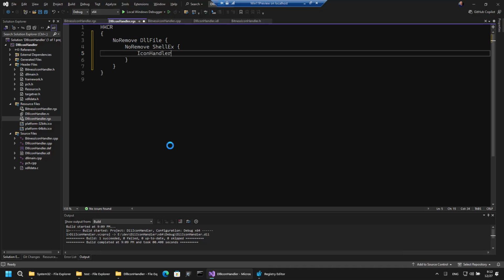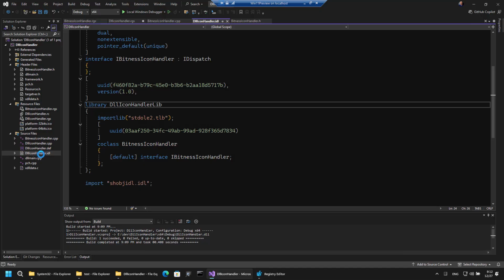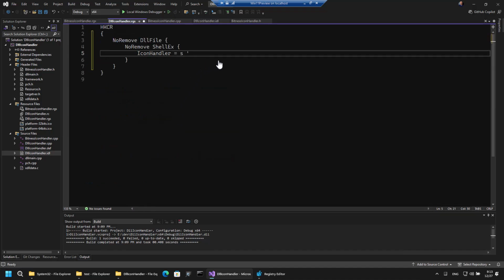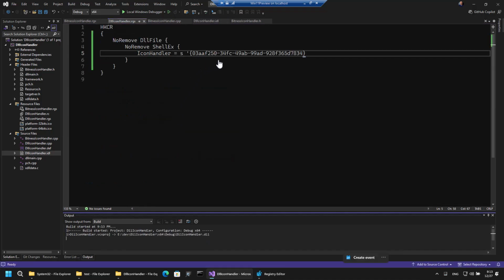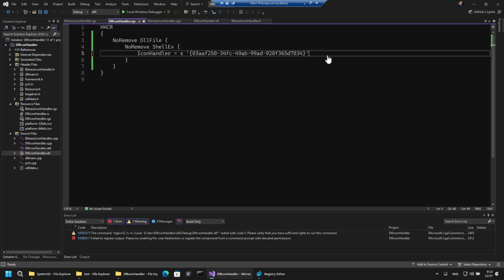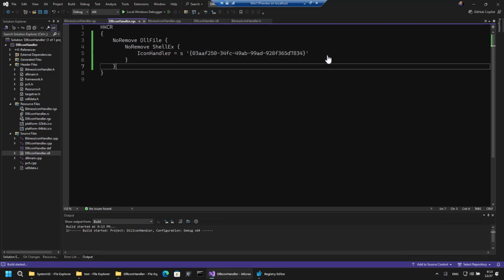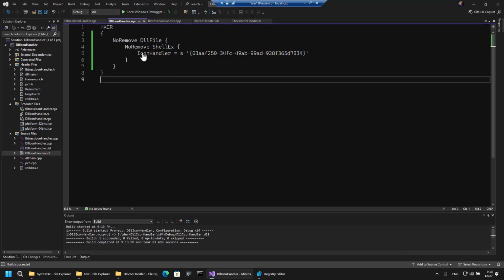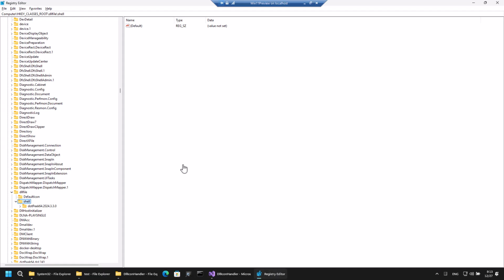Here we have to specify the icon handler. We need to specify as a string the GUID of the component, which means we have to go either to the IDL or the other RGS registration script and just paste in the string here, like so. And now if we build this, hopefully, it will build successfully and also register that. Let's see. If it doesn't, we can run it externally. So let's press F5. Notice shellex has been added here, IconHandler has been added. Here's our class ID,